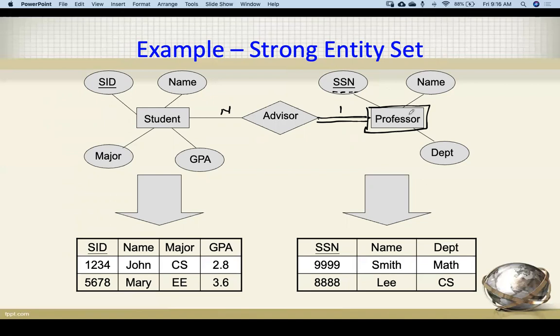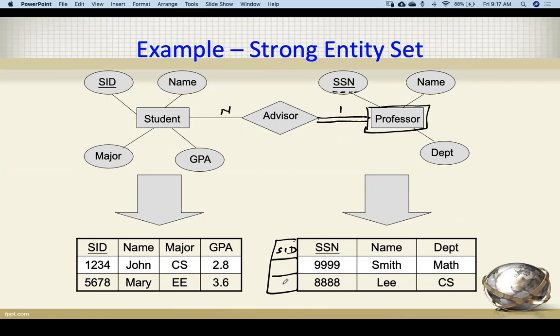So how can we convert this weak entity set? There is this discriminator, the attributes are there, but there should be another attribute that will be augmented here, and that should be the primary key of this table. So what is the primary key? Here SID is the primary key.